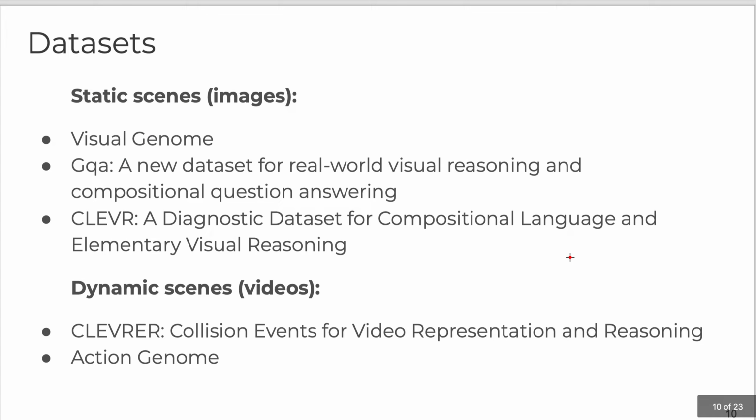Okay, so the data sets that we have in these tasks are mainly Visual Genome, that is usually reported by all papers, and the more recent is GQA, that essentially is a clean version of the Visual Genome, and it has actually a larger vocabulary with more classes, so it's more interesting, more large scale, I would say. Also, there is this synthetic data set that was used in many works,